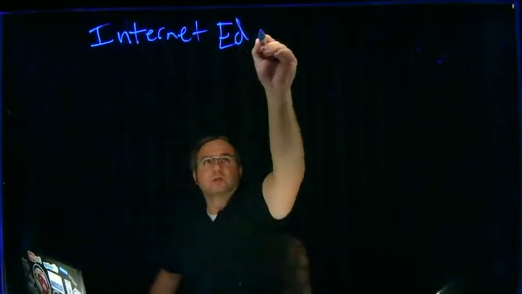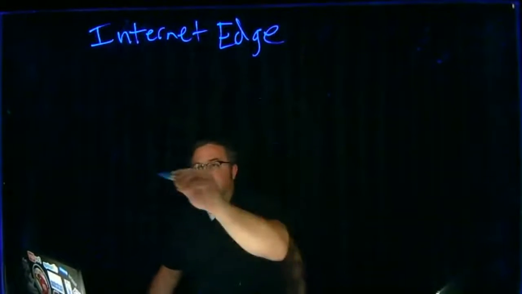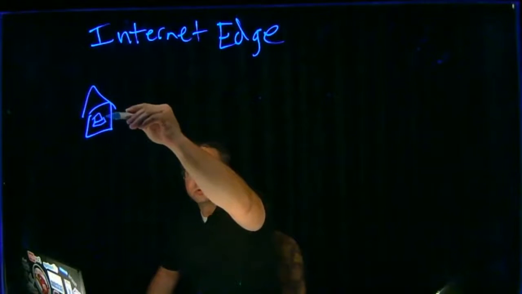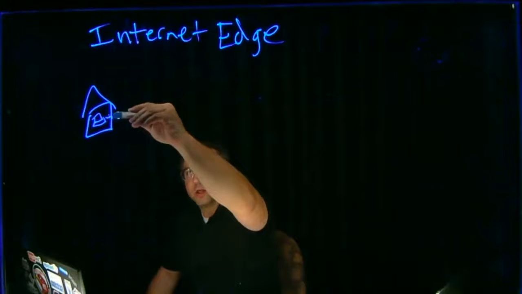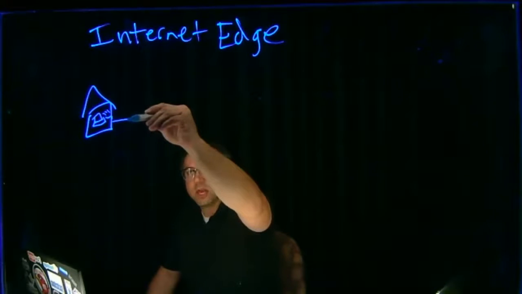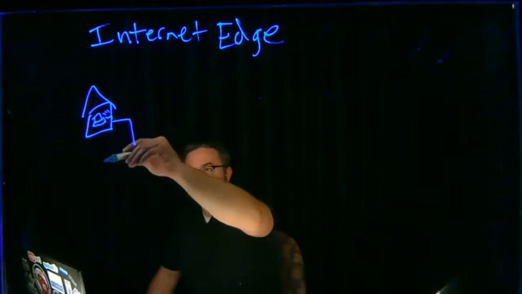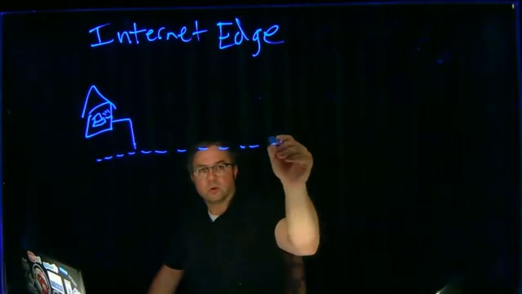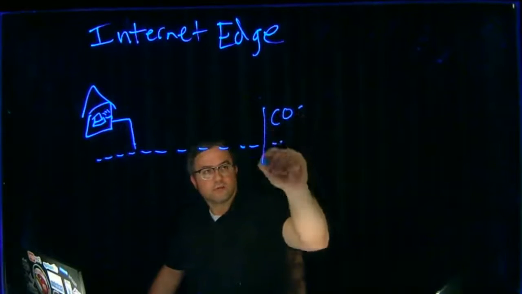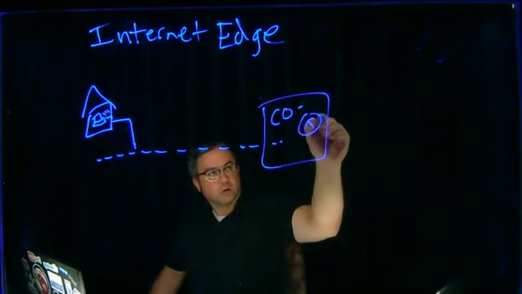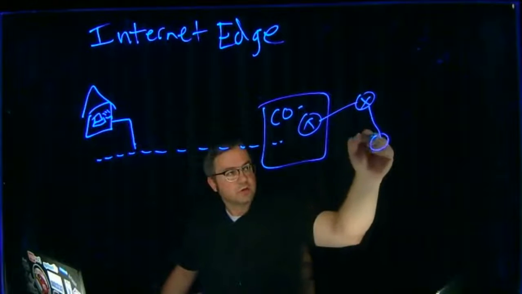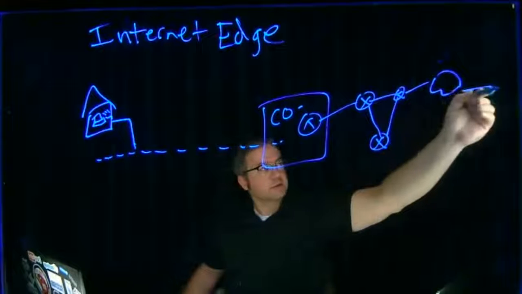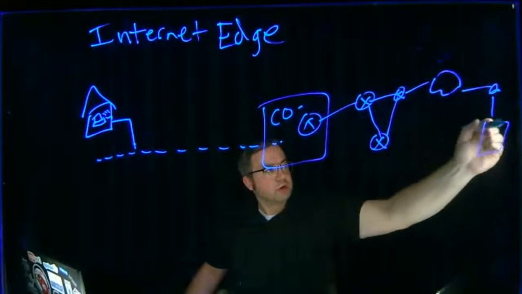Right, the edge, I guess you want to call it, the last couple weeks. What we meant by the edge was, remember our diagram with your house, and there's your computer, and you're connected via Ethernet or Wi-Fi, and then to your cable modem, which then connected to the coax pipe, which went all the way back to the central office, Comcast, which connected to the network, which went out to various other networks and routers, to the rest of the internet, until you got to where you wanted to go.